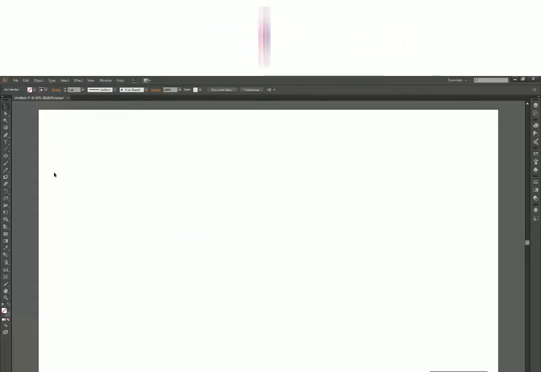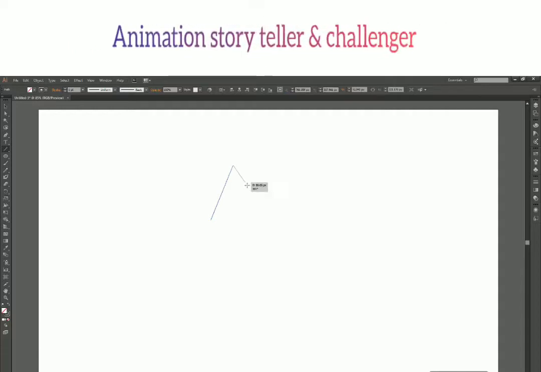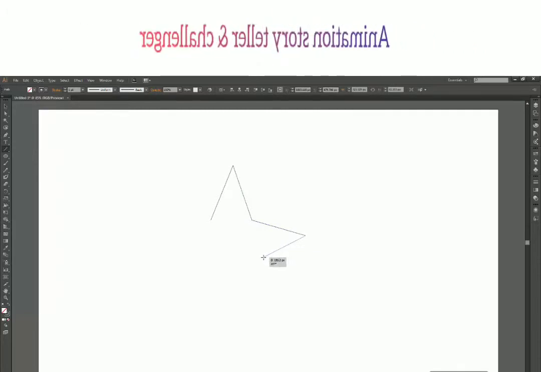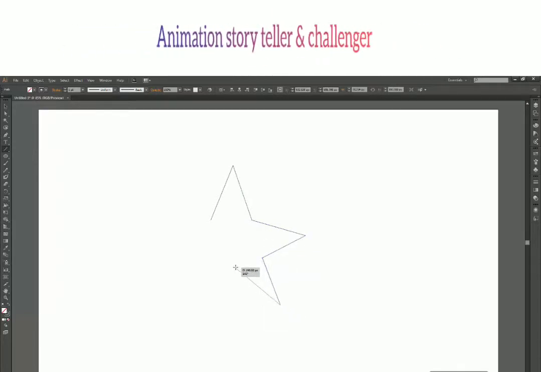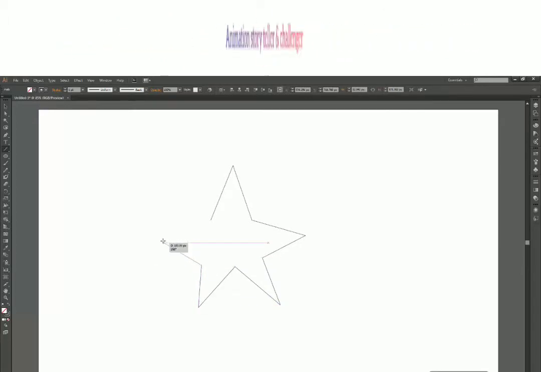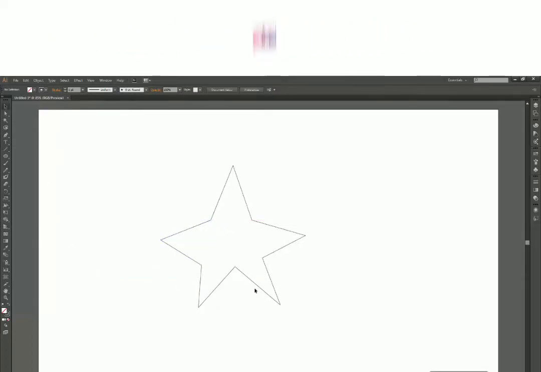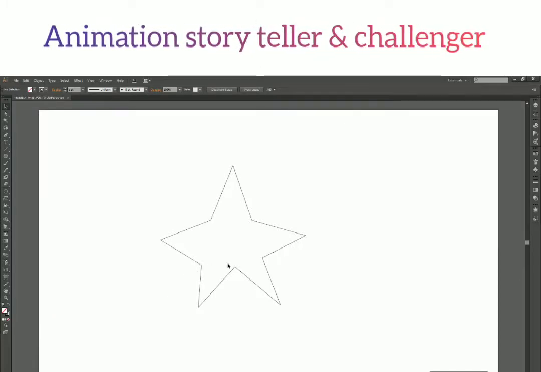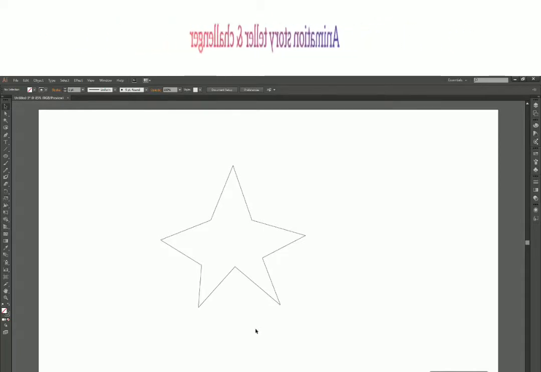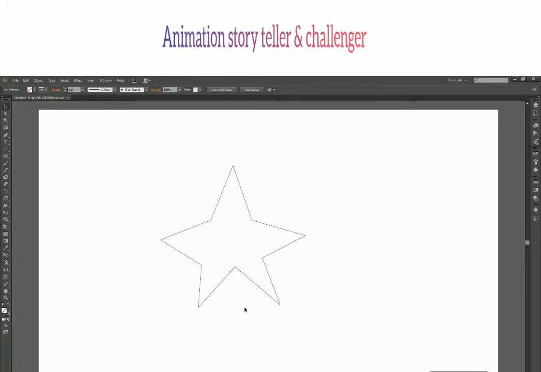Like if you want to draw a star, all you can do is create a line first and from the anchor point of one line, draw another line. And then you can keep repeating this process until you have a star-like shape. And there. Now it is not a perfectly symmetric star and you can still use a few tricks to make it symmetric. We will see how we can do that in future. But as of now, just know that you can actually start drawing just by the line tool itself.